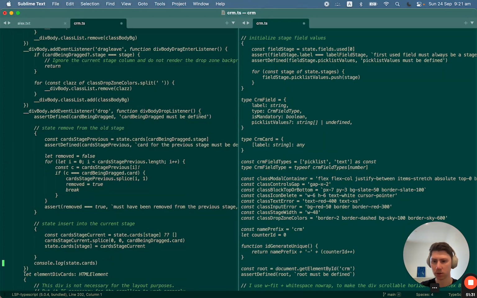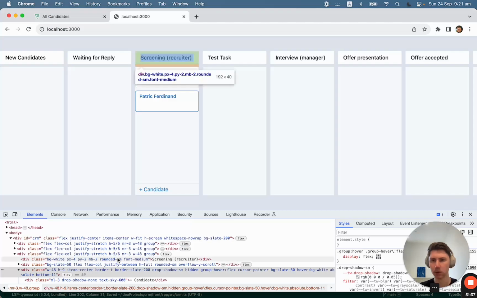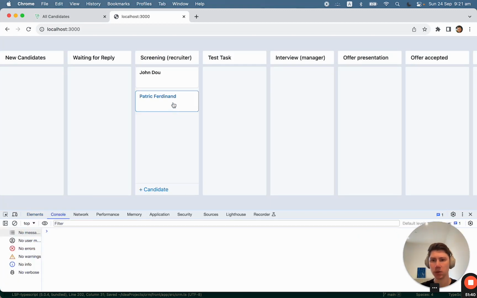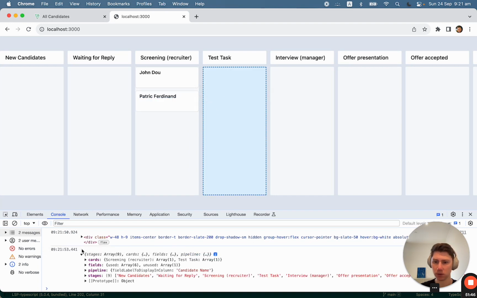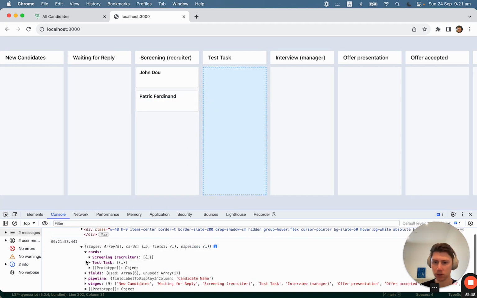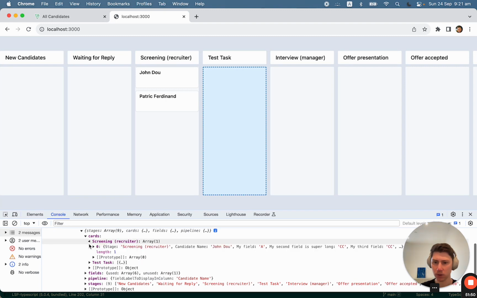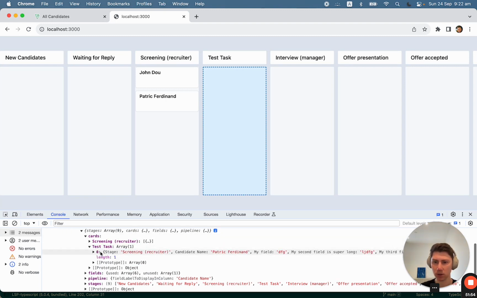And let's just log just the entire state, basically. Okay, so if we take the Patrick and move it from screening to the test task, let's see what we have. In the screening, we do not have it anymore, and in the test task, we have Patrick. Okay,